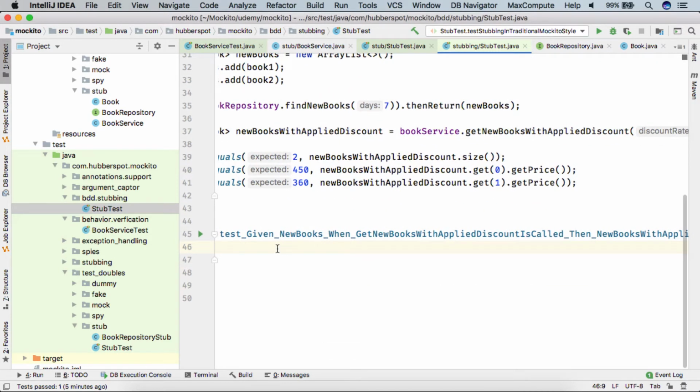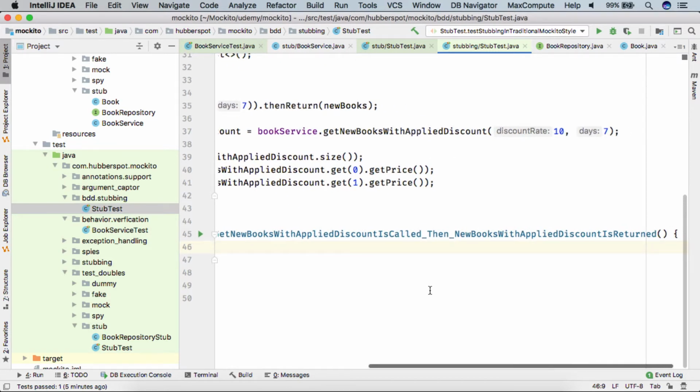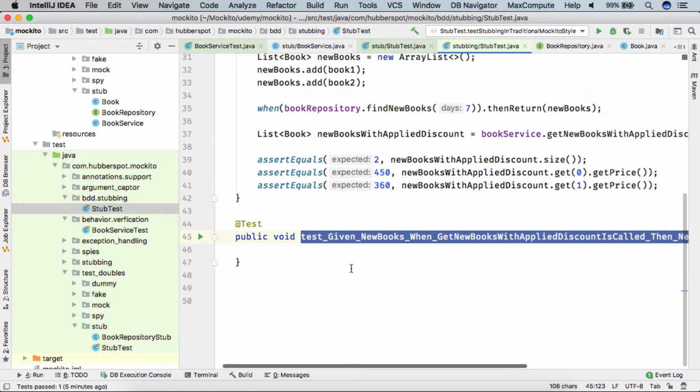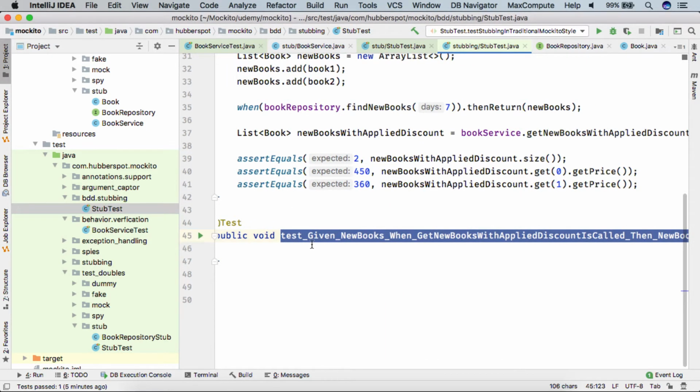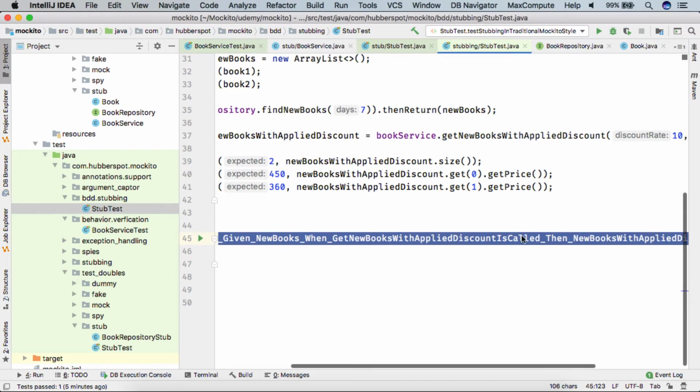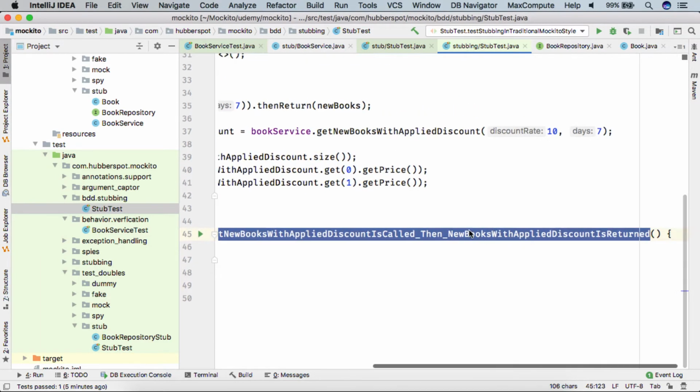Though our test name is very long, once a developer reads it, he can come to know what the test case is doing. He can simply read it as given new books when get new books with applied discount is called, then new books with applied discount is returned.